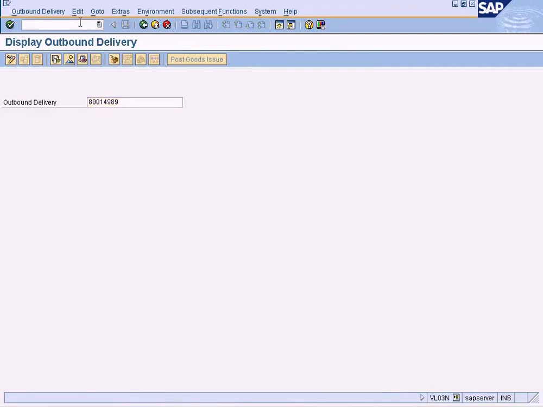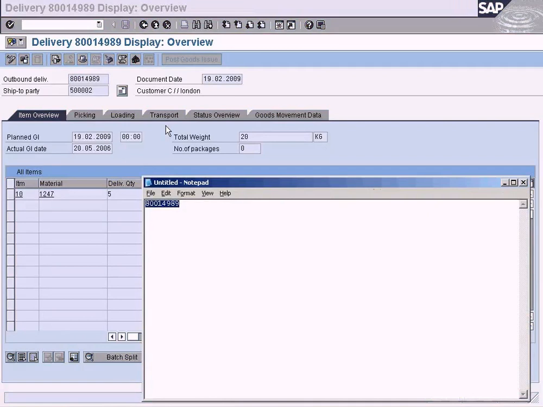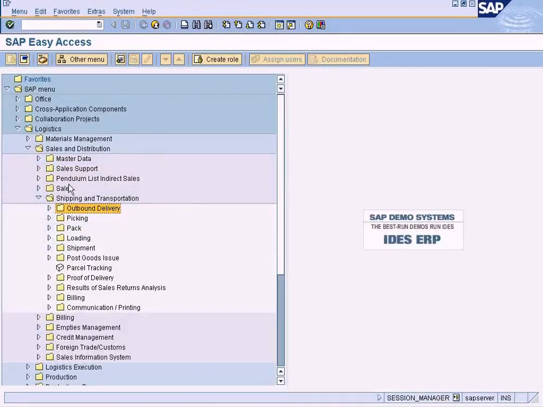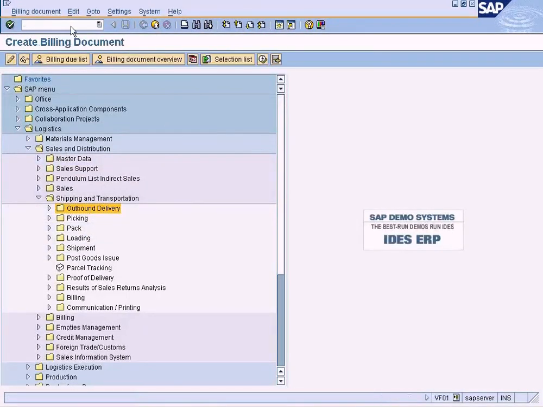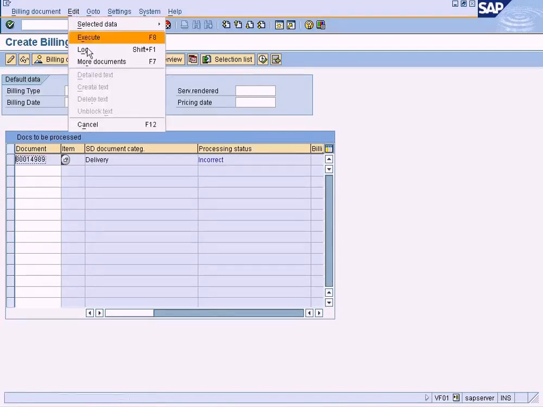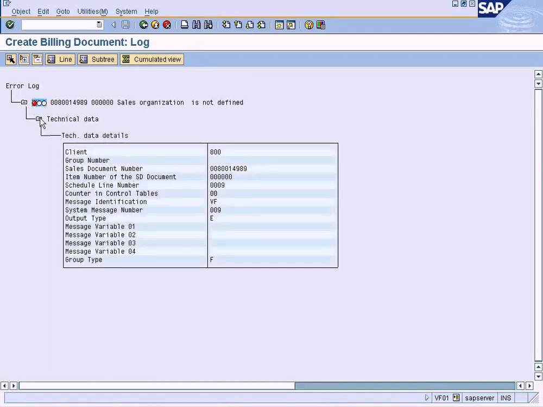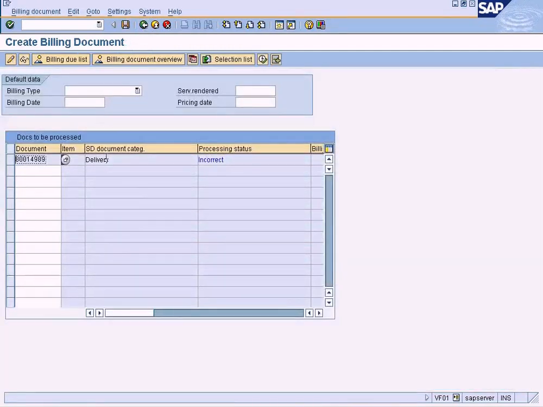Is this a delivery document? VL03N. It is a delivery document. Then go to VF01, enter the delivery document, press enter, incorrect because we have already created